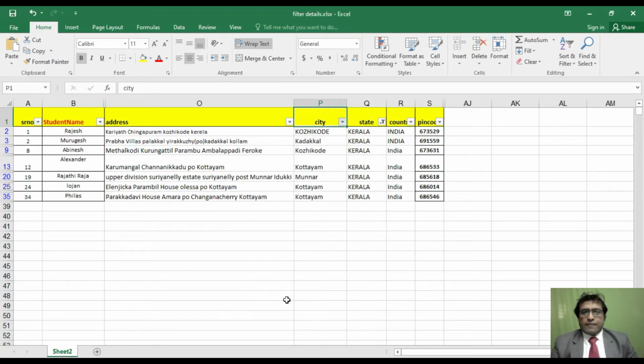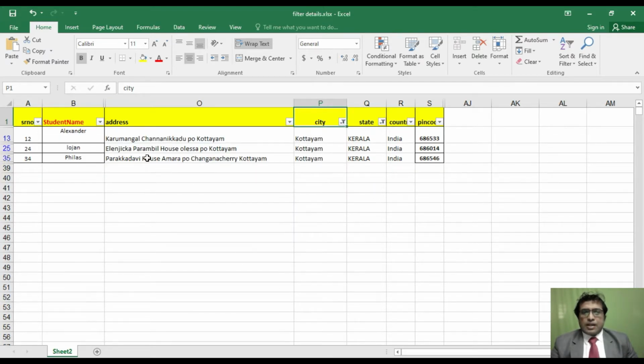I am filtering. So these three students, Alexander, Lojan and Philas, are from Kottayam. So this is a very useful tool. Filtering can be used in education, in marketing, everywhere.